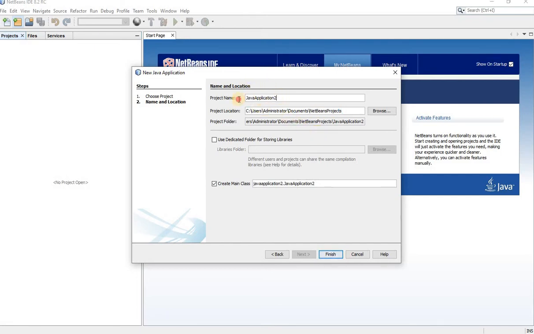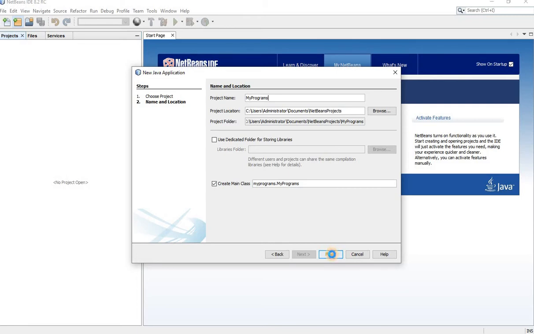Now let's do one thing. I will rename the project name as my programs. So I have given the folder name as my programs. Then click on finish. And one thing to remember, whenever you create a project name, NetBeans will automatically create a package with the same name.